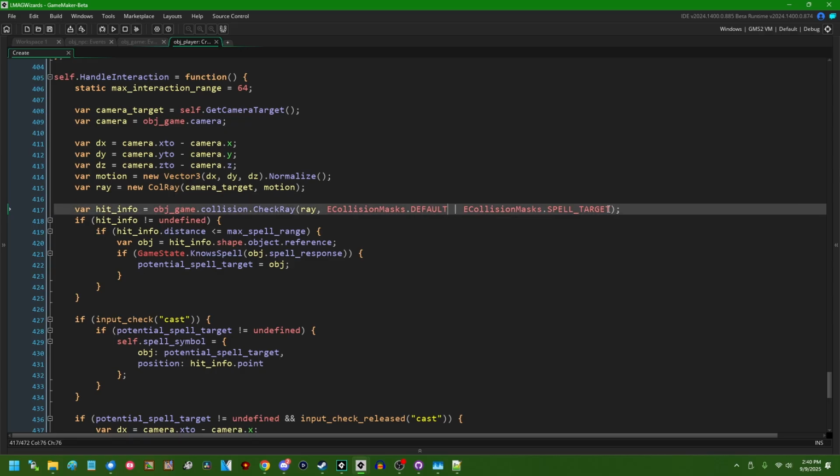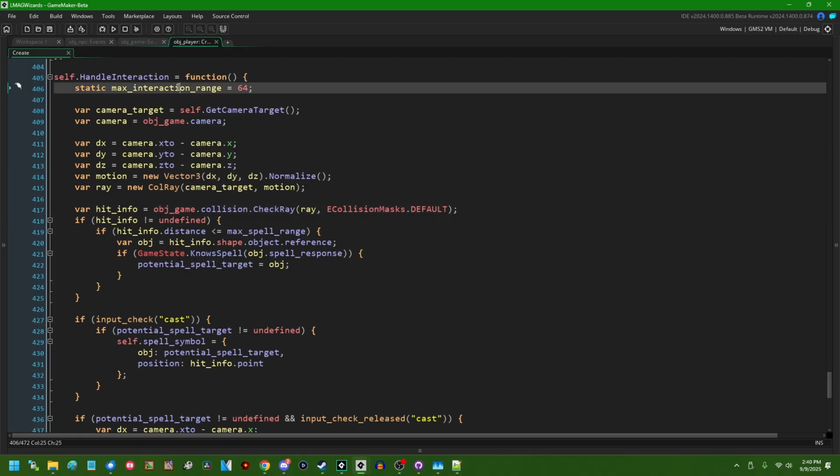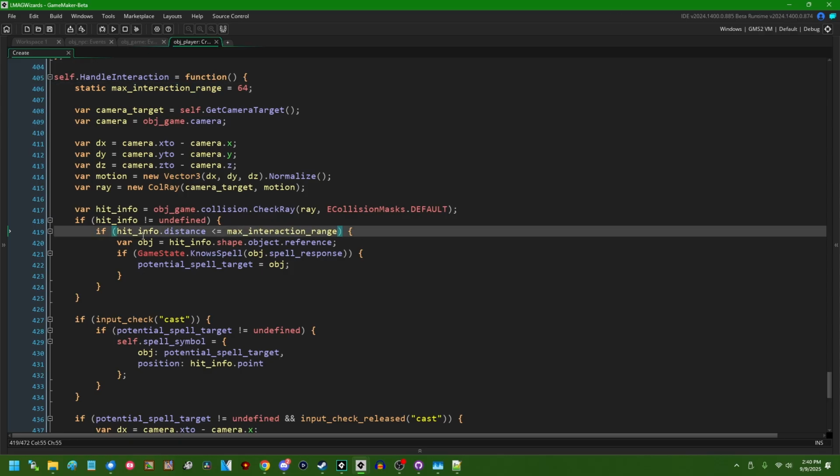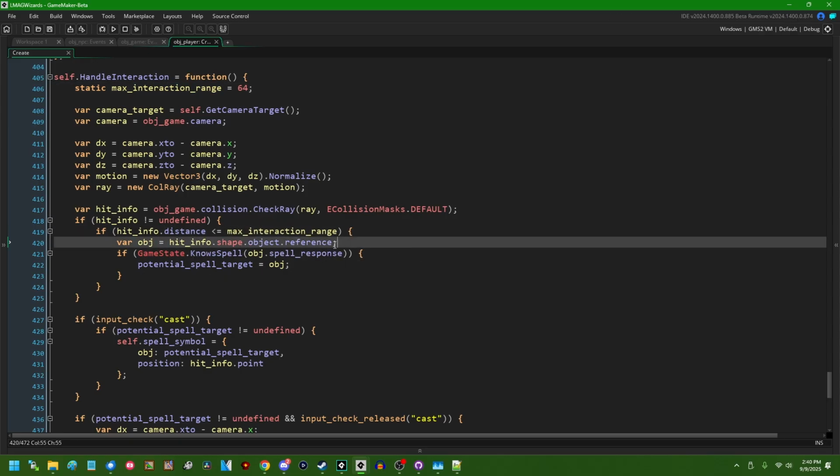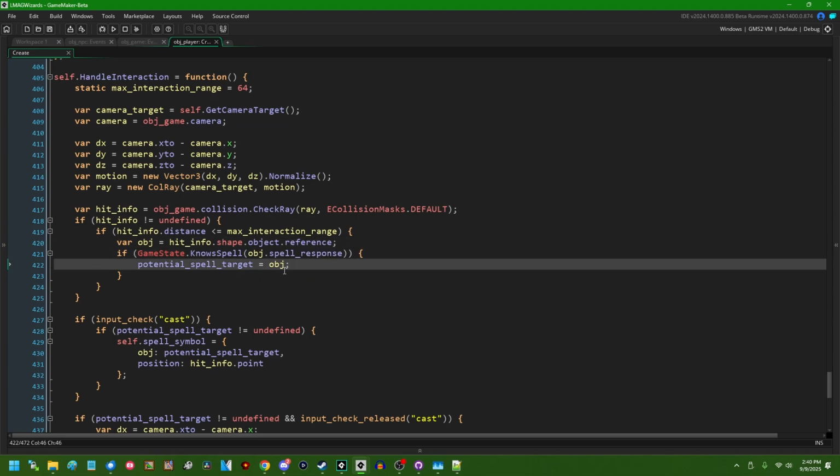hit info.this. This is going to collide with anything in the game world. I thought I, at some point, gave check ray a maximum distance, but it looks like I didn't, so we'll just check that manually here. So if hit info.distance is less than or equal to max interaction range, we're going to look at what we hit, and then when you cast a spell, if the player knows the spell that object interacts with,